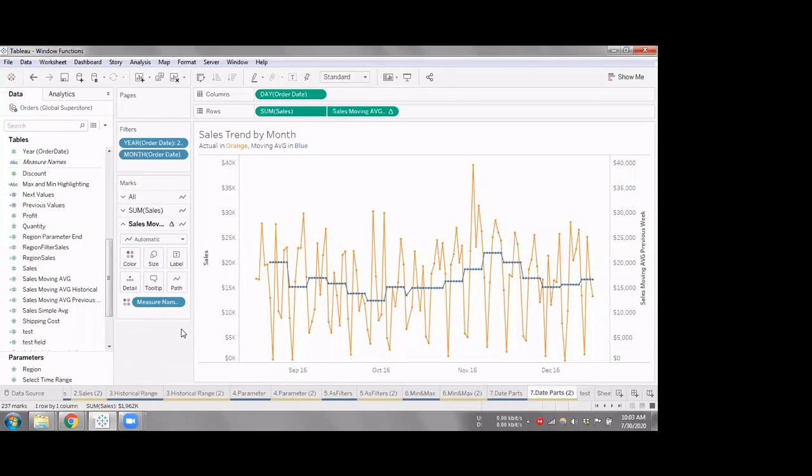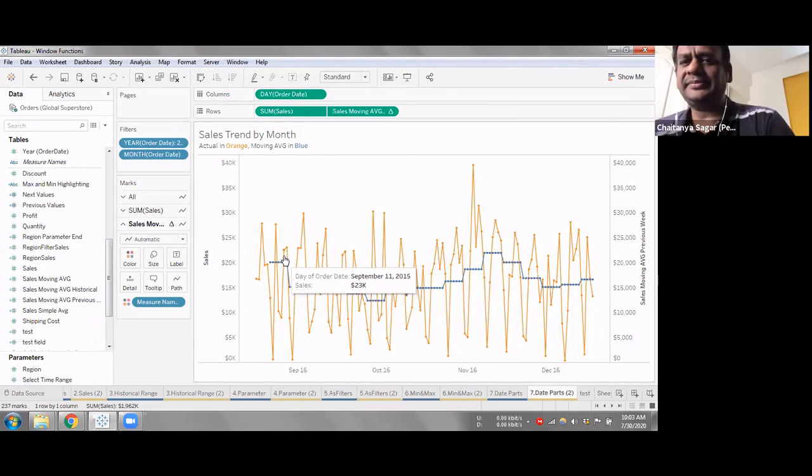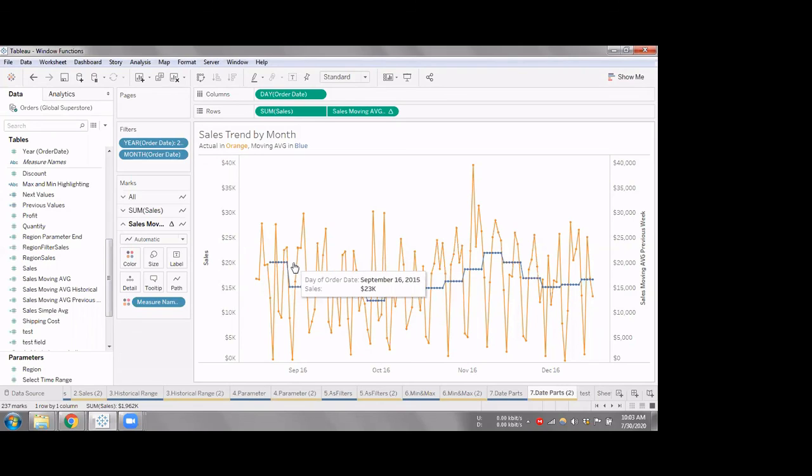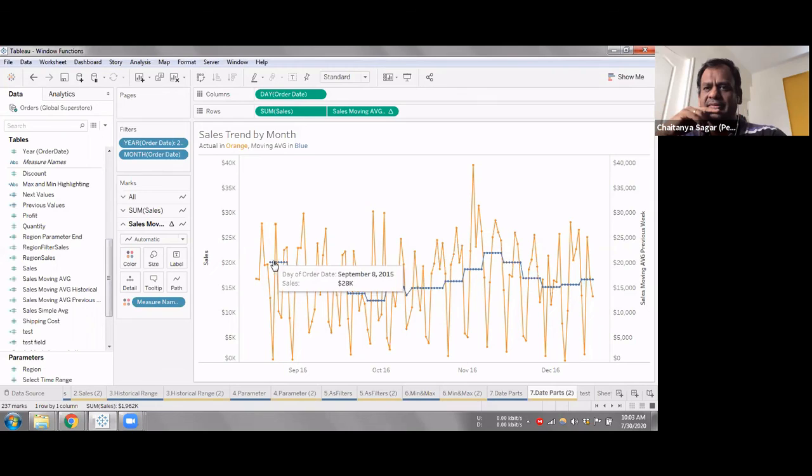Correct. That will give us the average of the current week, right? Average of the current week, yes.